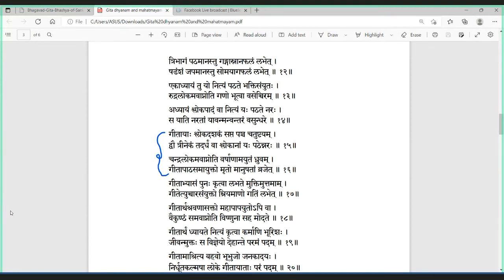It means you should be in devotion, you should be in shraddha, you should have no sanshaya about the words that you are chanting, you are repeating, you are doing japa of. Then Rudra lokam avapnoti gano bhutva vasechiram. Beautiful. Then what will be your benefit? You will go to Rudra lok, Shiva lok, and gano bhuta, along with his ganas, you will abide with them. In Shiva lok, along with his ganas, you will abide with them.